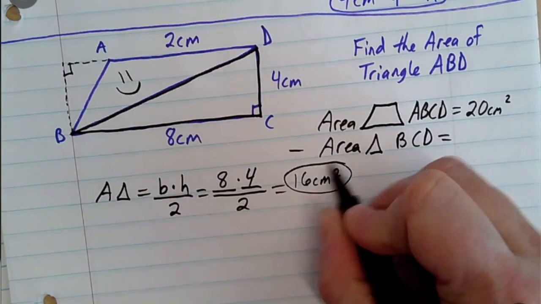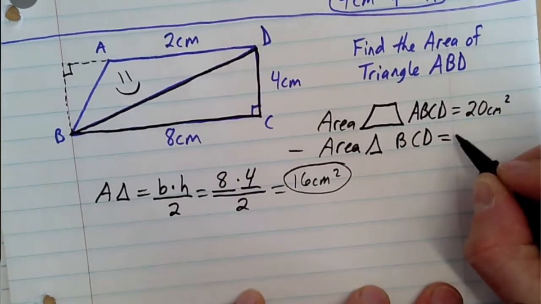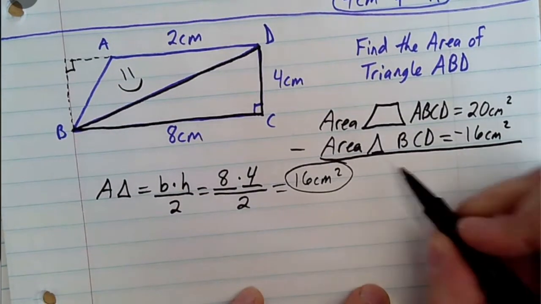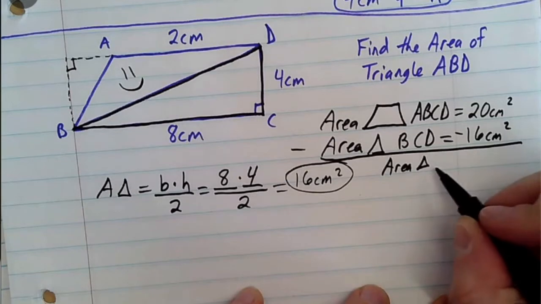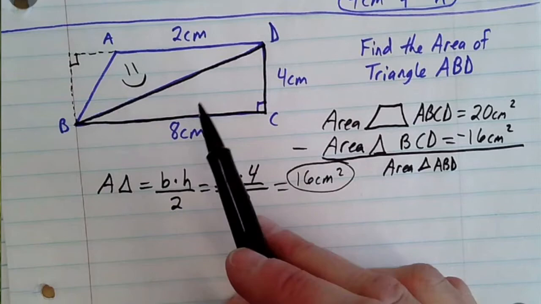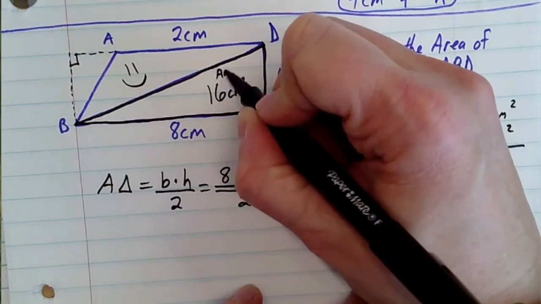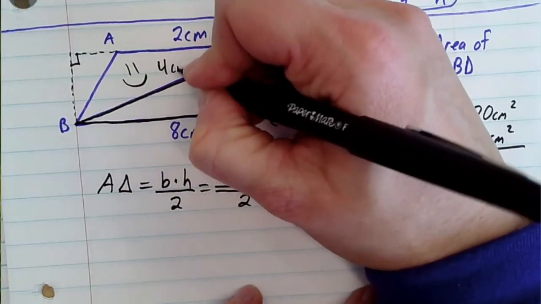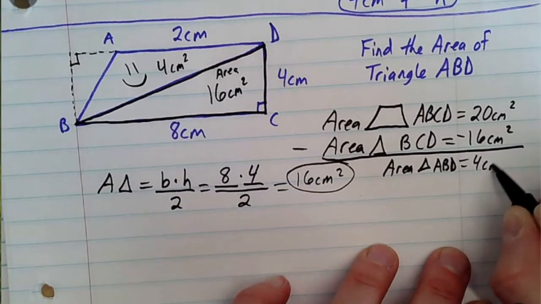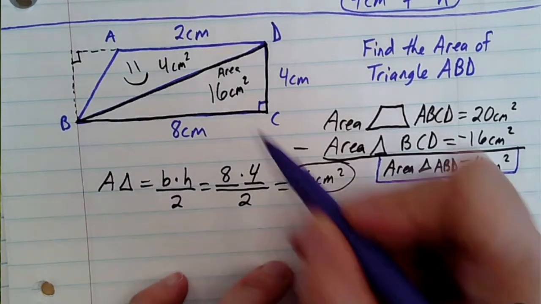centimeters squared. So if I take 20 centimeters squared, which is the entire trapezoid, and I subtract the 16 centimeters squared, wouldn't that leave me the area of the triangle ABD that they were wanting that's left over here? If the whole thing has to be 20, and this right here is 16 centimeters squared for its area, then doesn't that leave this area over here 4 centimeters squared? 20 minus 16 is 4 centimeters squared. So you take the total, subtract the area of the triangle that you could easily see the base and height